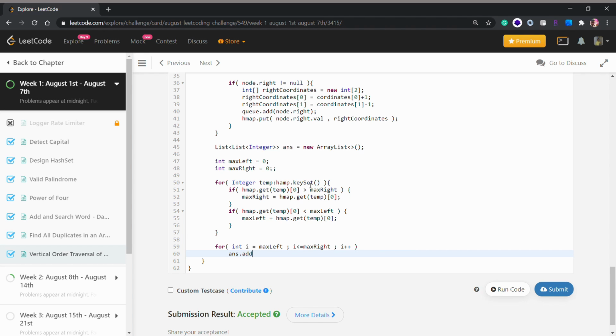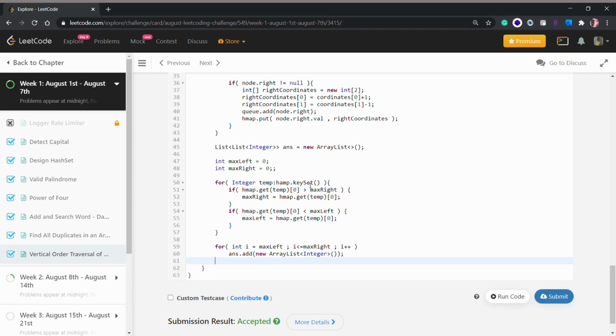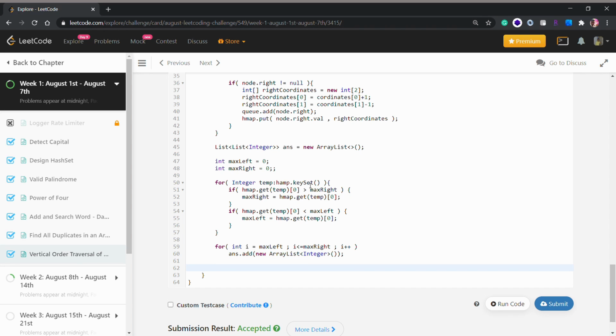Answer dot add new array list of integer. Okay, so I think that doesn't require much explanation. We are just adding some array lists inside our list, and then